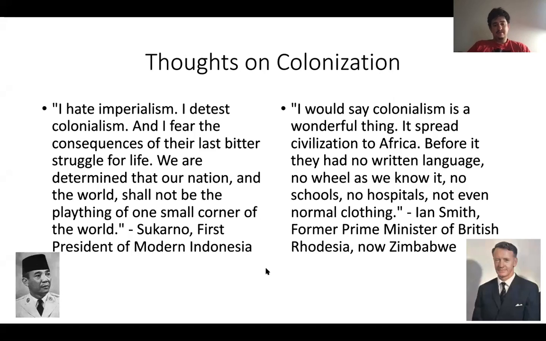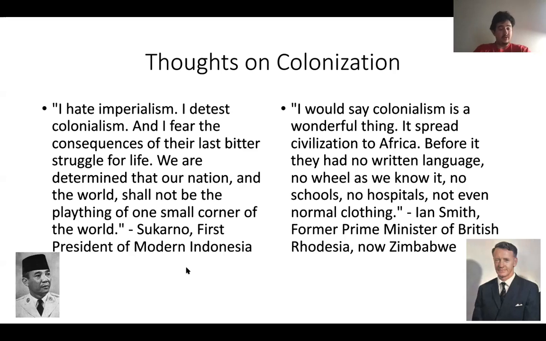To give you some quotes here, the man on the left is Sukarno, who was the first modern president of Indonesia. And he said, I quote, "I hate imperialism, I detest colonialism. I fear the consequences of their last bitter struggle for life. We are determined that our nation, Indonesia, and the world shall not be the plaything of one small corner of the world." So he is very much